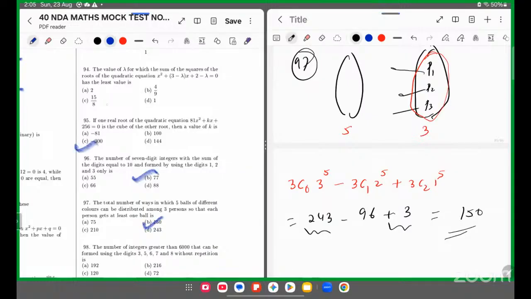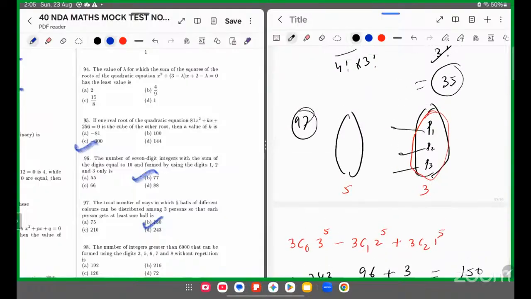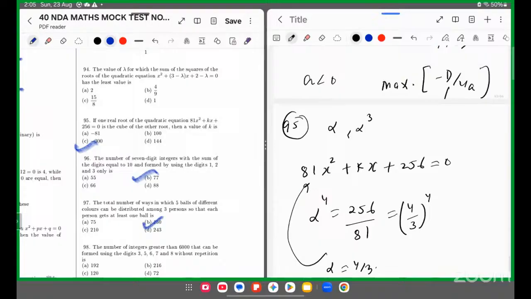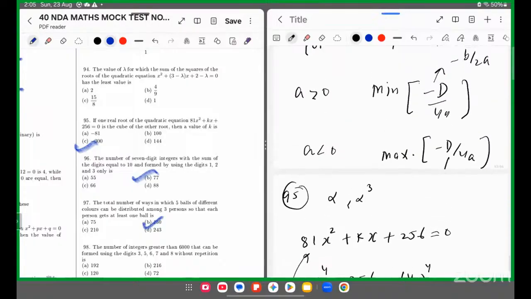इसका 150, इसको 77, इसको -300, इसका क्या आया था, कुछ तो आया था। इसका आंसर क्या आया था इसका, अल्फा 4/3 है। क्वेश्चन नंबर 95,